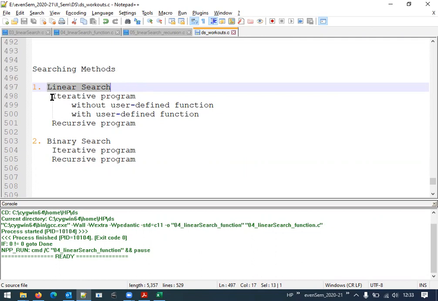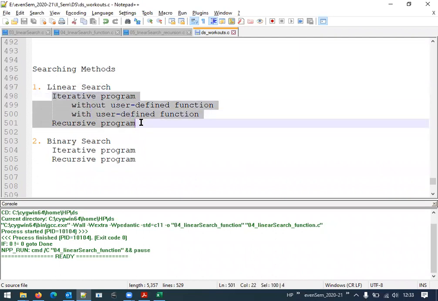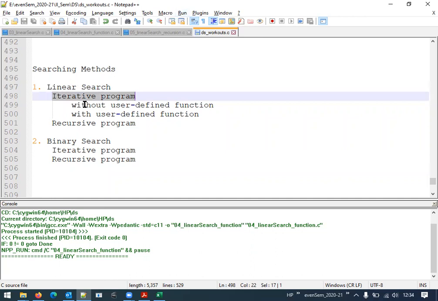There we discussed that there can be different methods that we can use while writing the program for linear search. The first one which we looked at was the iterative program, wherein we had only a main function. In the main function, we had a for loop, and using that for loop we could find out whether the element is present or not. Now, using the same iterative method, we can also involve a user-defined function. The one we studied in the previous class was without using the user-defined function.